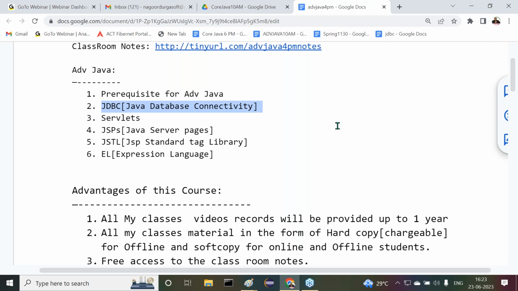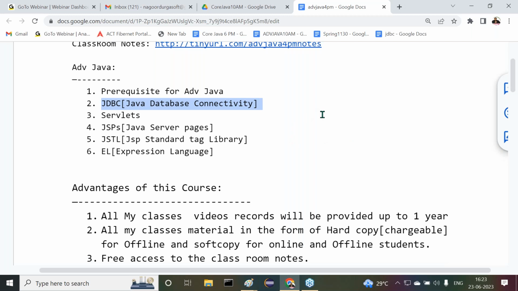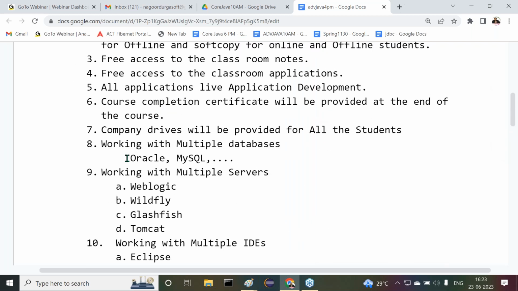So here a database is required. In my classes, what databases am I going to use? The answer is very clear. Two databases I am going to use for our applications: Oracle and MySQL.